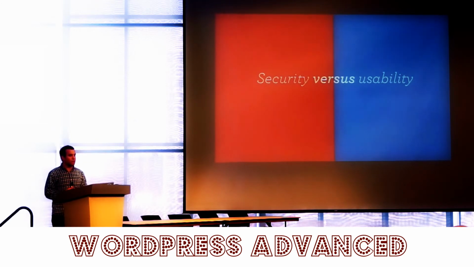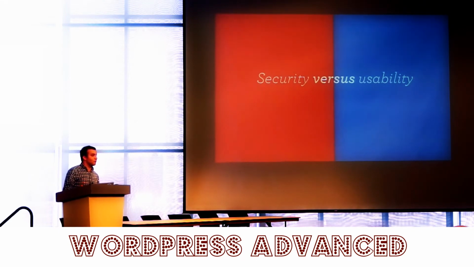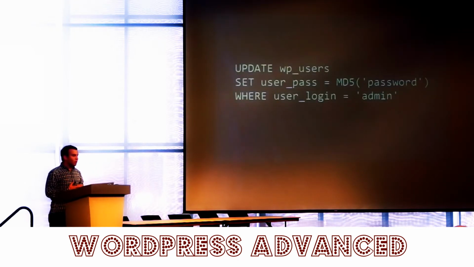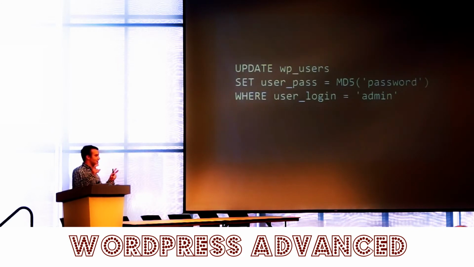So for example, there are a number of web-based mail clients that are now doing PGP encryption on their email automatically for users. And of course, more people are going to start using it because they don't need to worry about it. The moment you decrease that usability, security can go up, but people may not use it. So in WordPress, there are a number of things that we do, for example, to increase usability and decrease security,